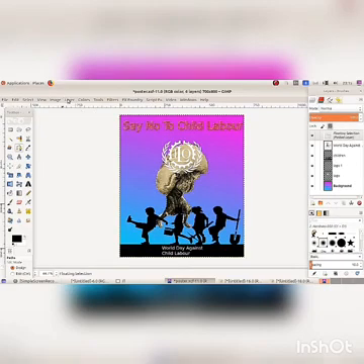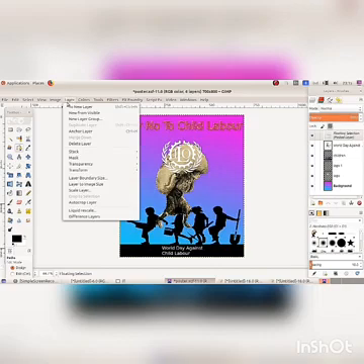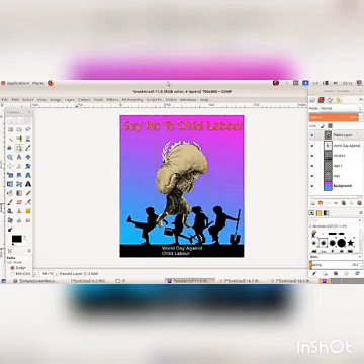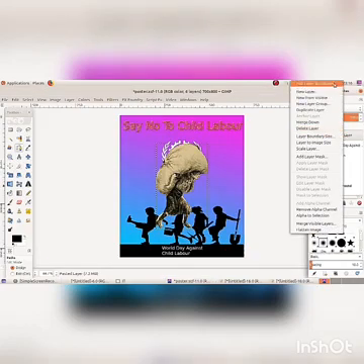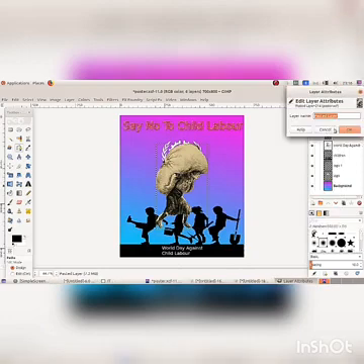Click on the Layer menu, then the New Layer option. Now a new layer is created. Change its name by using Edit Layer Attributes. Change the name into Cartoon. Then click on the OK button.